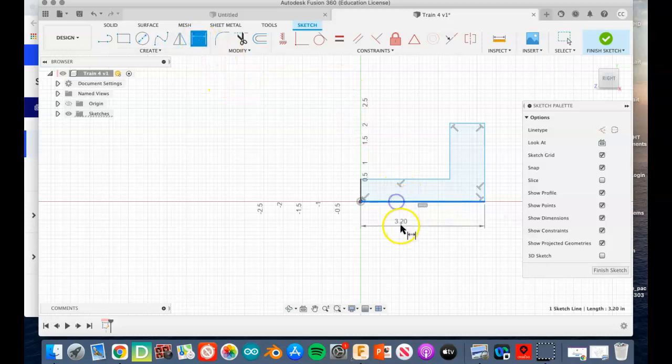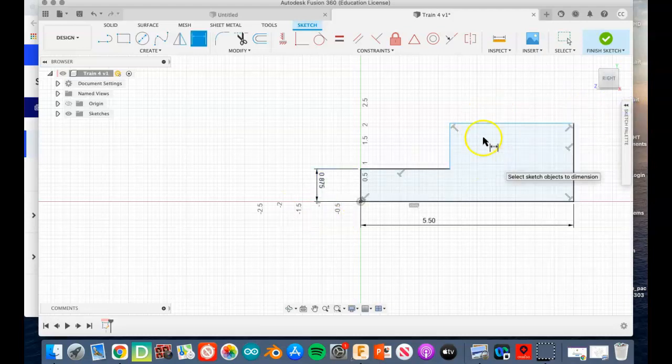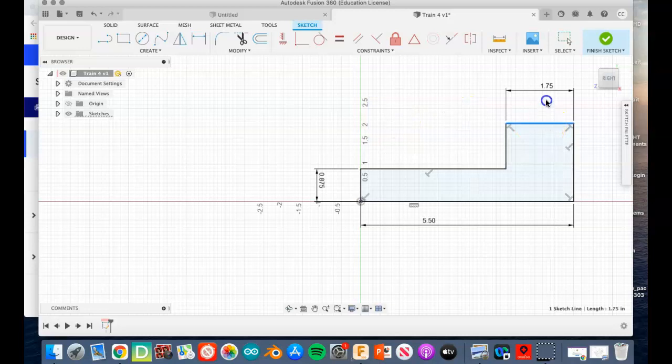So this big dimension down here, I look at my sheet, it is 5.5 inches. Make sure that you are in inches mode. This one over here is 0.875. And I believe that is 7/8. Let's just minimize that because we don't really ever use it. And from here to here is 1.75 inches. Now, my advice to you is to grab this line right here and just drag it up,